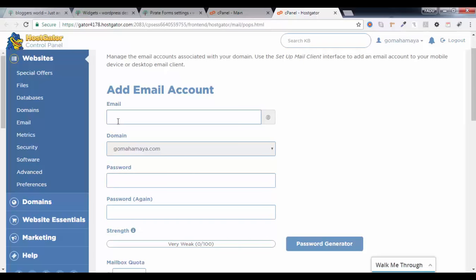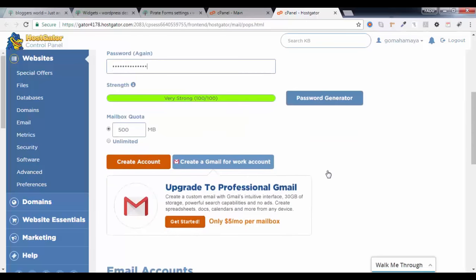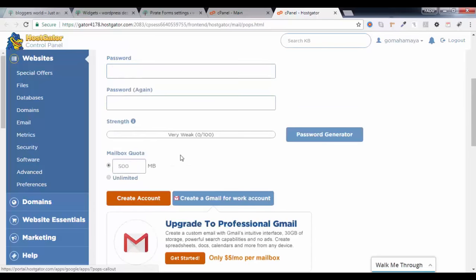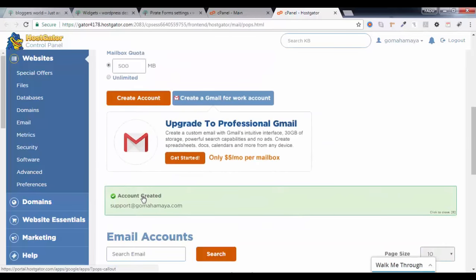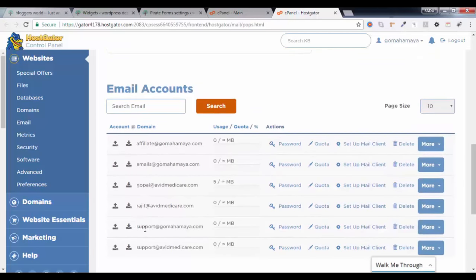So I'll be creating support@gomahamaya.com, and type your password, whatever password is there, and again type your password. Both the passwords should be the same, and instead of this choose unlimited and create account. Once you click on create account, you scroll down, and below you'll find support@gomahamaya.com. Click on more,